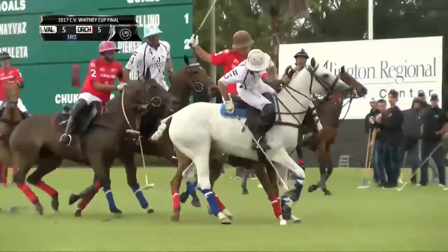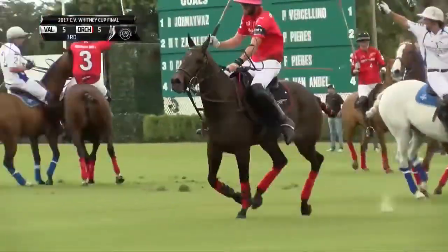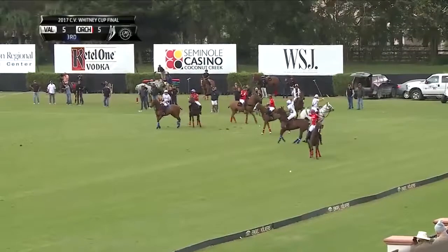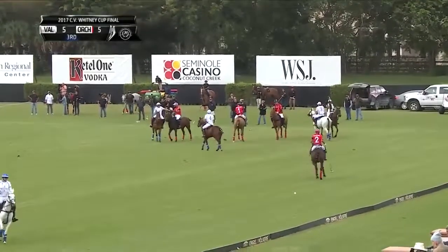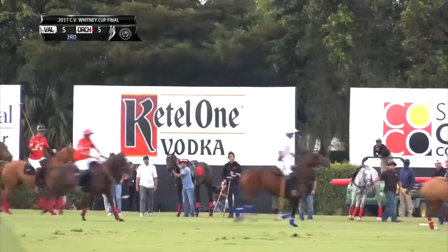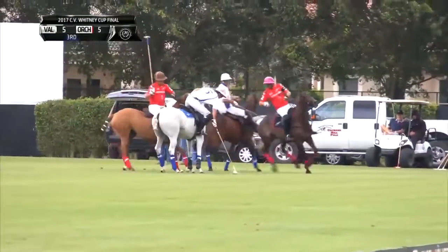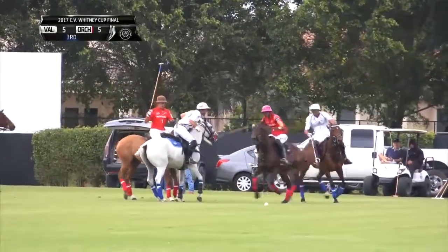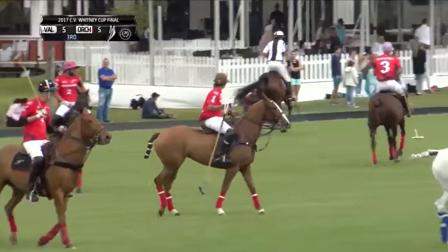Taken back now by Kavanaugh. Diego Kavanaugh fighting there with Felipe. He turns the ball back underneath the horse's neck. Stolen away here by Polito. Polito saw it coming. Oh. They might get him on the 1 meeting 2 here. It looked like Kavanaugh was getting ridden off by a player. Keep an eye on number 3, of course, in the white helmet here. Kavanaugh on the gray pony, and Versalino's right there with him. And they'll see if it's not a right-of-way violation or...